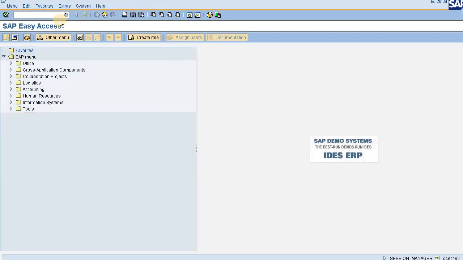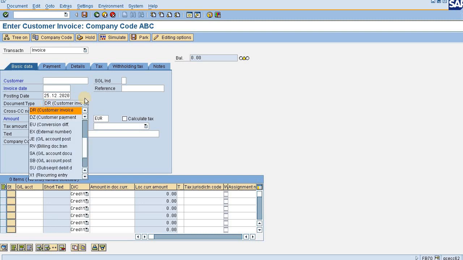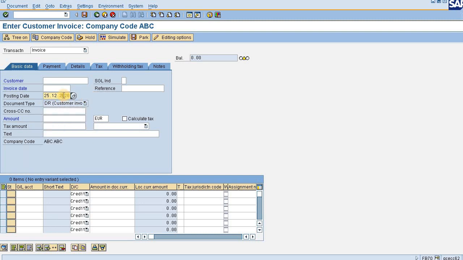So now I'll be going to FB70 once again, and I'll be showing you how the substitution is working. It should be working. Now going to FB70. Company code is ABC. Document type is DR. Posting date has automatically popped up as current date. Now I'll be putting the invoice date. Let me give some invoice date, say 23rd of December 2020.